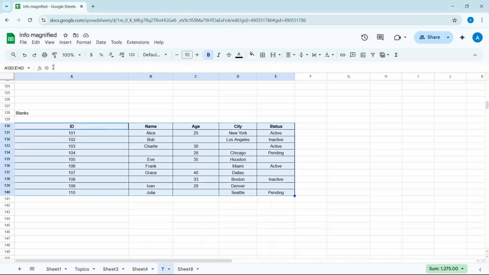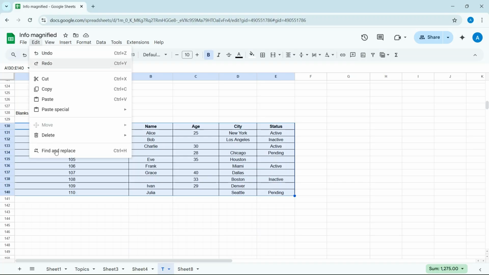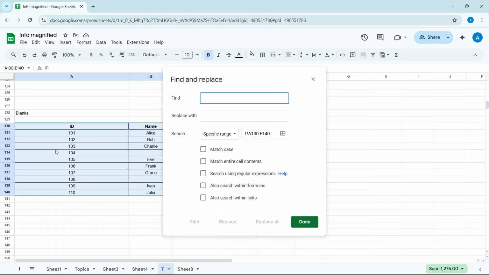So to do this I'll go to this edit section. It has a find and replace option. Now you will apply a simple expression over here, caret and then dollar symbol, and then select match and search using regular functions, and then try to find the blanks. If you can